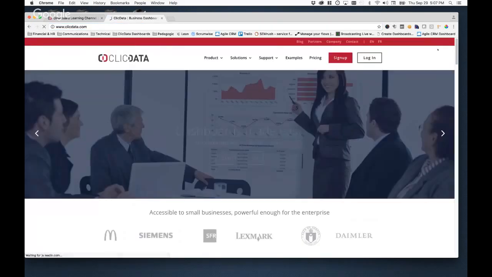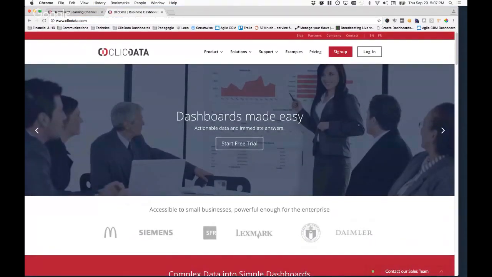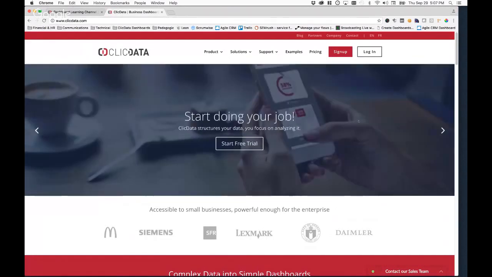Again, ClicData is an online data warehouse and reporting dashboarding solution. What sets us apart from some of the other dashboarding solutions is that we also host the data, and we have a lot of data tools that allow you to transform the data, to join the data, fusion the data, and so forth. Visualizing the data, I think there's a lot of tools out there, even Excel, tools that have been in the market for a long time. We'd like to think of ourselves as the complete A to Z solution where you can not only connect to different data sets, but you can also transform them without affecting your base system, and then produce dashboards and publish them automatically.